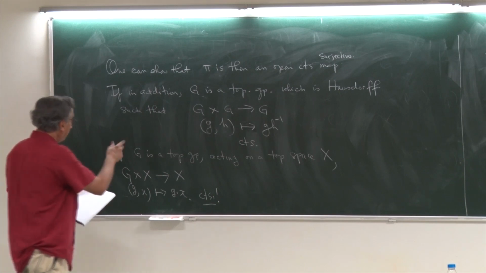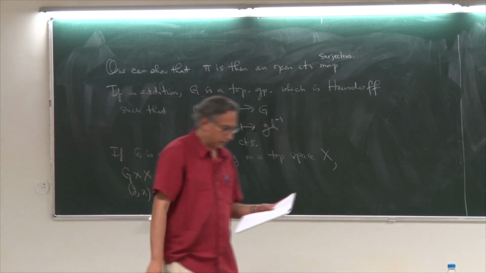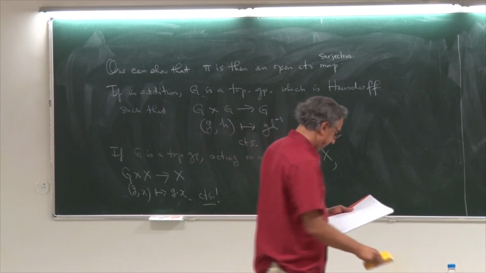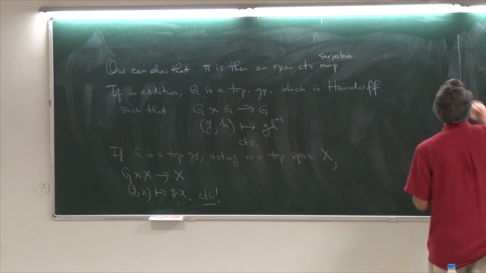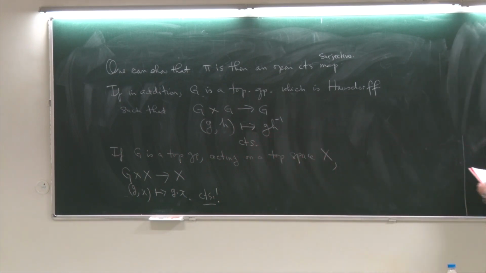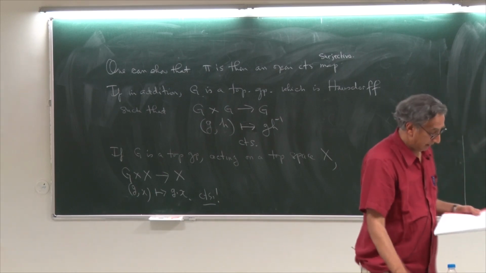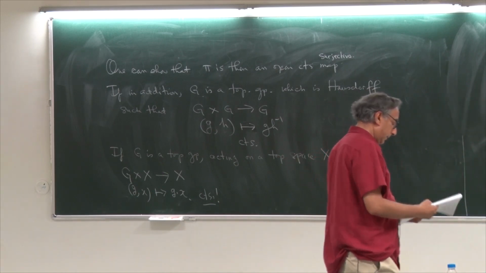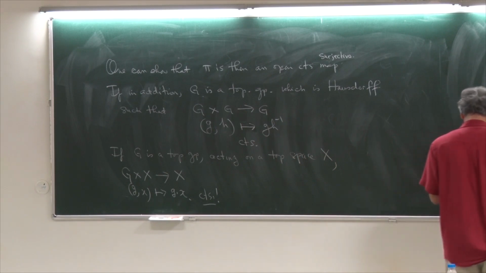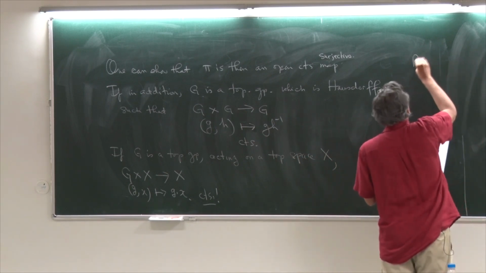So when we have the situation where G is a topological group, these are very general statements. Somehow the philosophy is that these orbit spaces inherit a topological structure if the group and the space have such structures. So, remark,